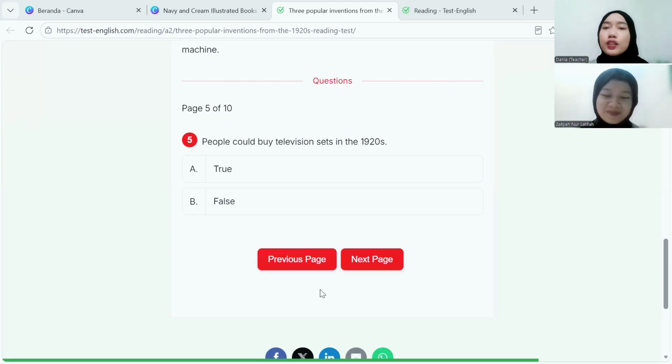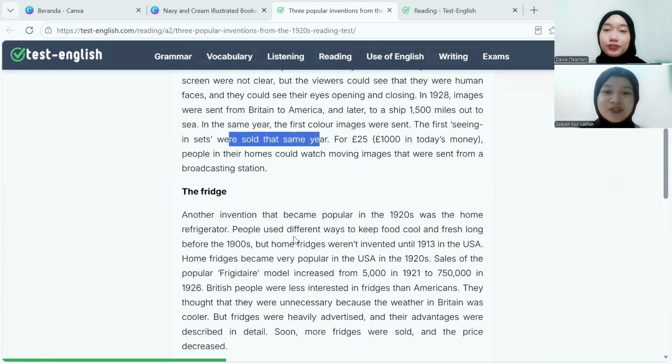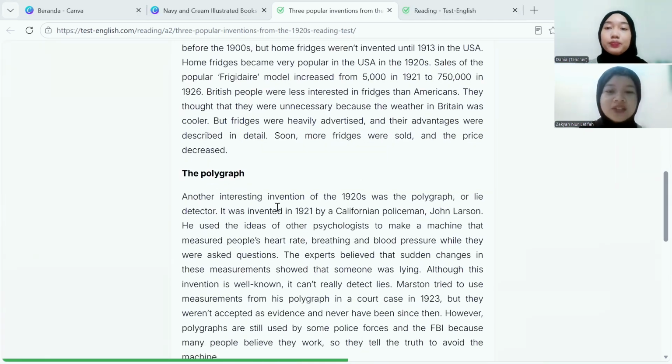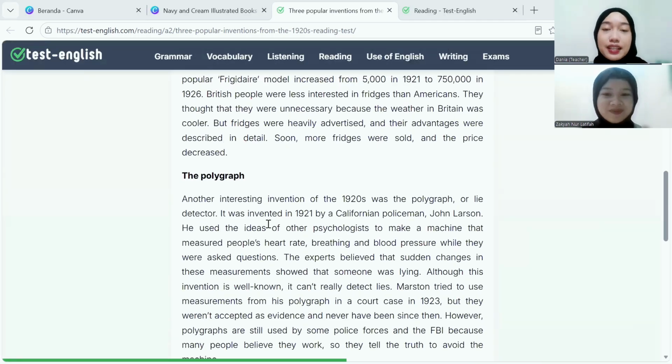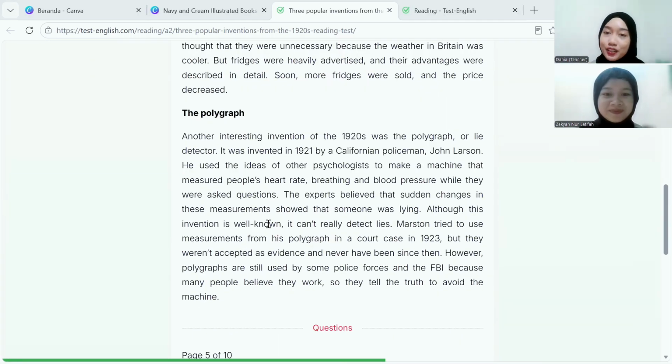What do you think about using an English text website in reading lesson? Was it fun and useful? Yes, it is useful and fun because we can directly answer the quiz after reading the text. Yes, you are right, Zakia. Thank you, Zakia, for your reflection. Now, students, remember that you can also practice reading by yourself using the Test English website independently because it provides immediate tests to assess your comprehension and immediate feedback that is great for your English learning improvement.